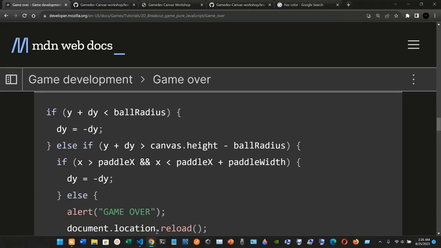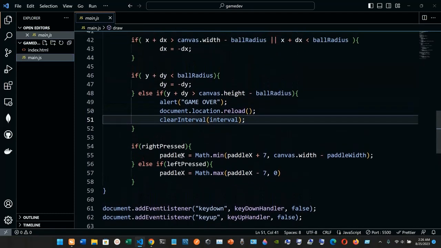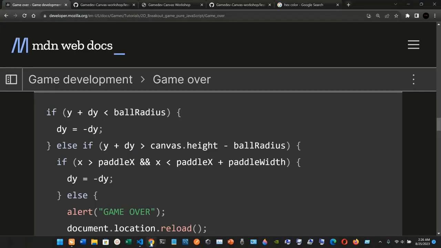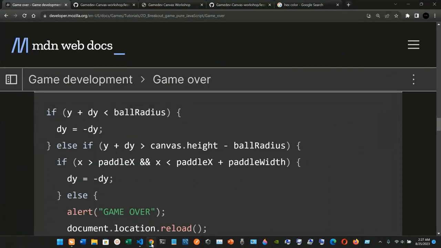So again, we are just dealing with the variables y and dy, and we're going to update it from line 46 to line 52. So let's see what we're going to update. If y plus dy is less than the ball radius, then we set dy to negative dy. That's fine. Else if y plus dy is greater than canvas.height minus the ball radius, then we're going to